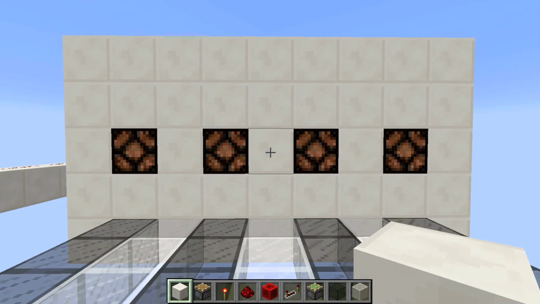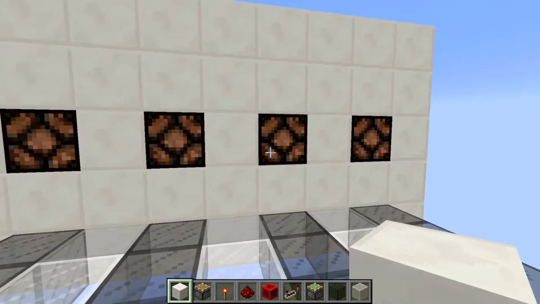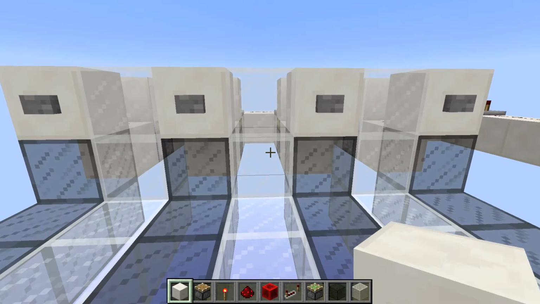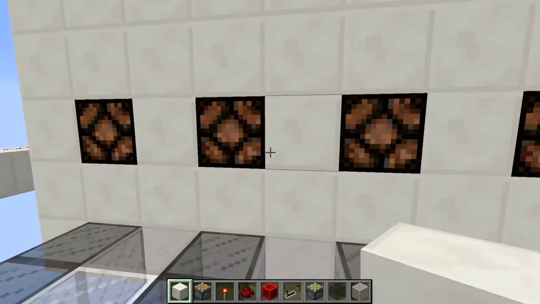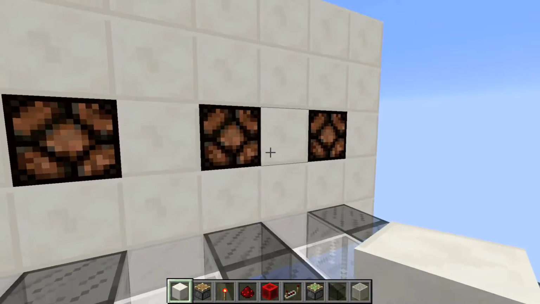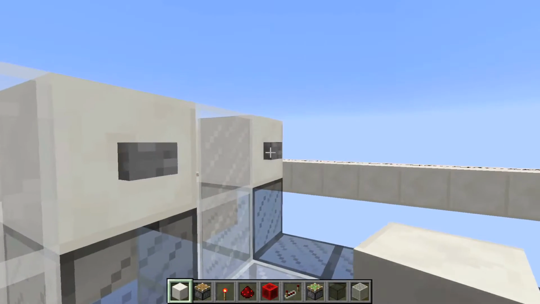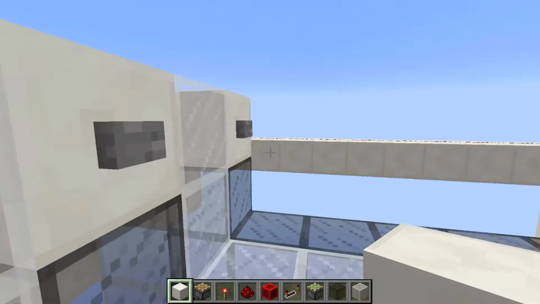Hey guys, as you see here, I have a wall with a couple of lamps on them, and over here I have a wall with a couple of buttons on them. Now these buttons power those lamps, so if I were to hit that button there, it'll activate that lamp. If I were to hit that button there, it'll activate that lamp, and if I were to hit that again,